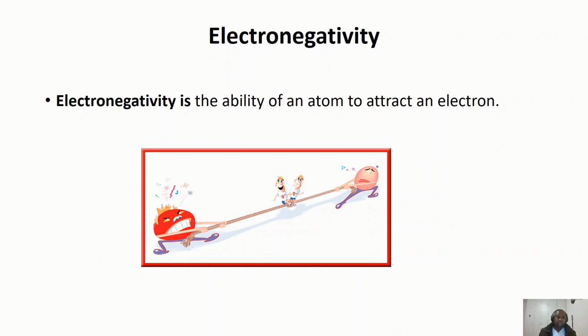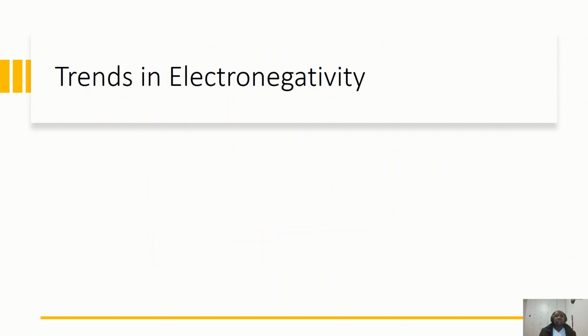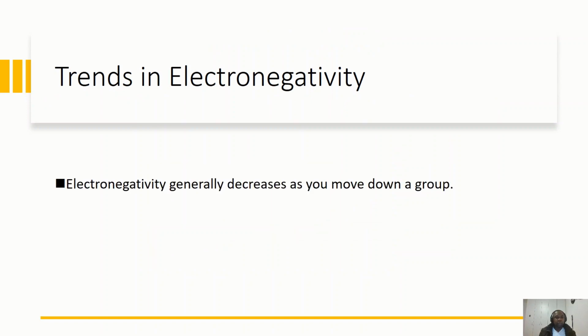Electronegativity is the ability of an atom to attract an electron. So if you want to be stable, you want to attract the electron to yourself. So what do you have the ability to attract that electron to yourself? That is what electronegativity is talking about. So the trends in electronegativity on the periodic table,